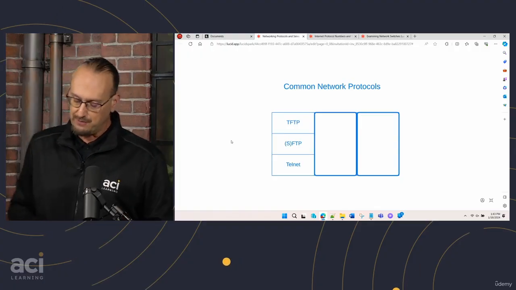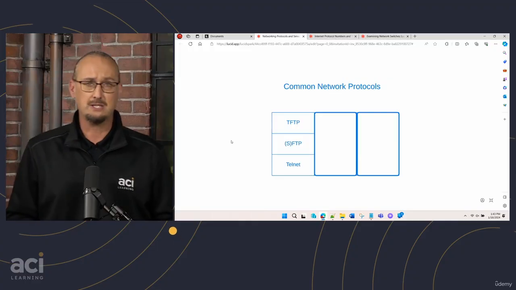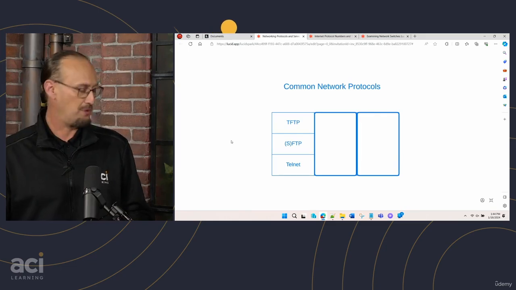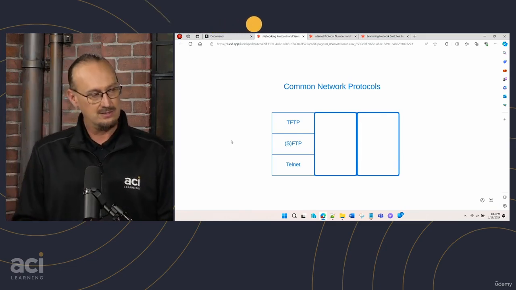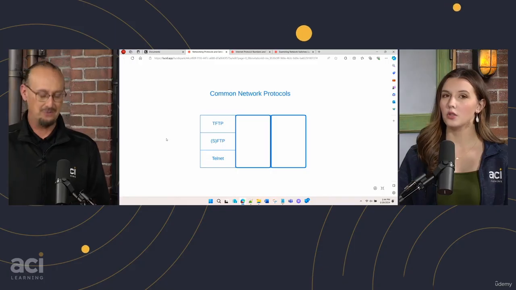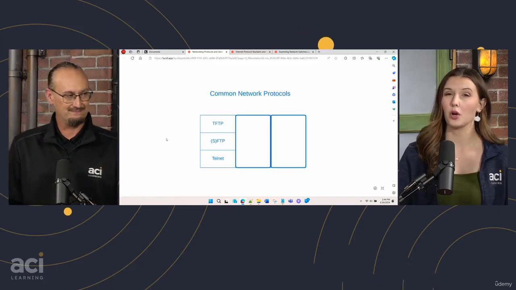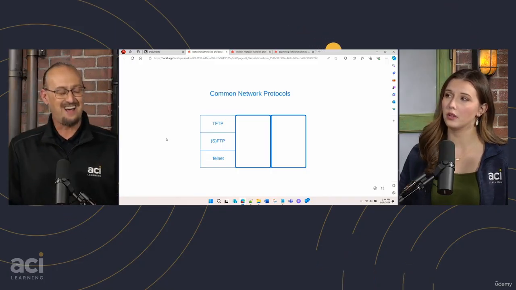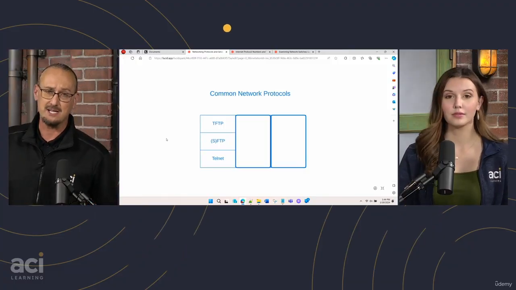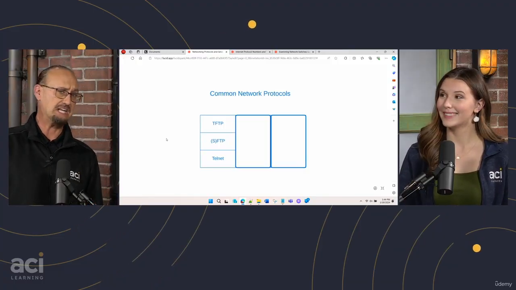Now, I'm going to throw Sophia some curveballs here. With the Trivial File Transfer Protocol, do you happen to know what port this might be on? I know that the standard file transfer protocol is either port 20 or 21. You got it. Is the Trivial File Transfer Protocol anywhere near there, or is it further out? It is not. And I am so glad you said that, because those of you that might be answering exams in well-lit rooms, answers might need to know that.